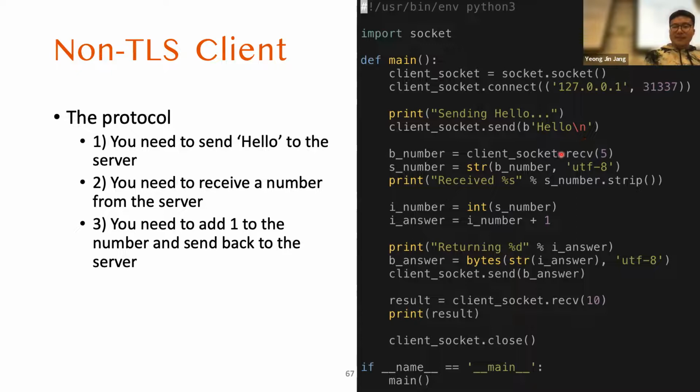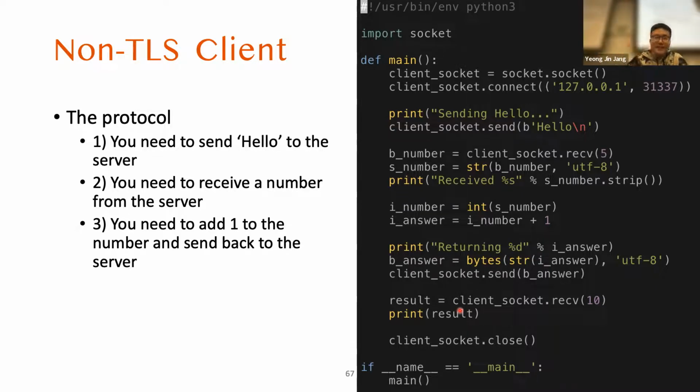So receive the data and then transform that into a number, an integer, and then calculate the answer as that integer number +1, and then send that back to the server. And then receive the result. The result is either correct or incorrect. So this is a very simple program